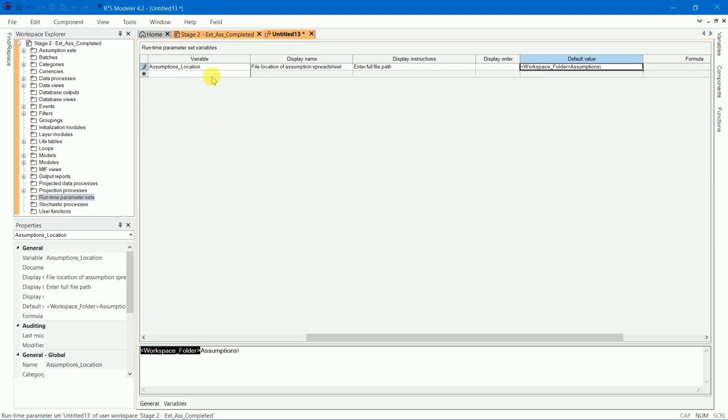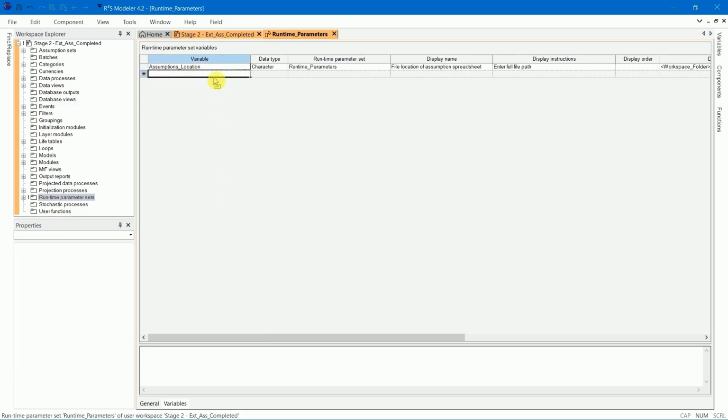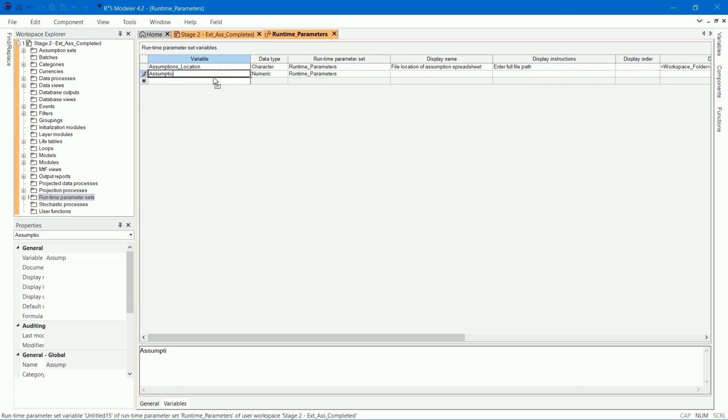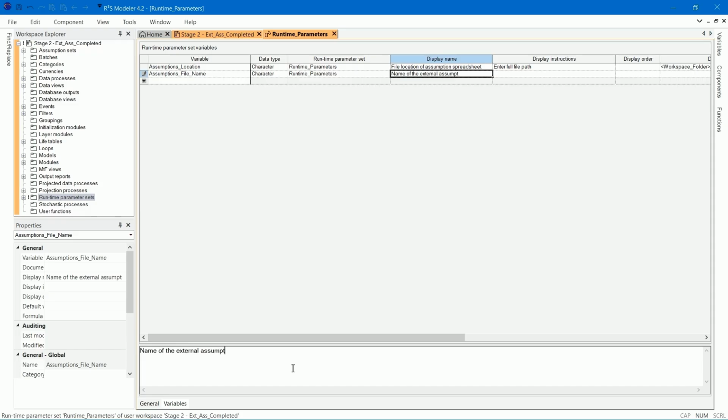The next variable is assumptions_file_name. The data type is character. The display name is name of the external assumption file.